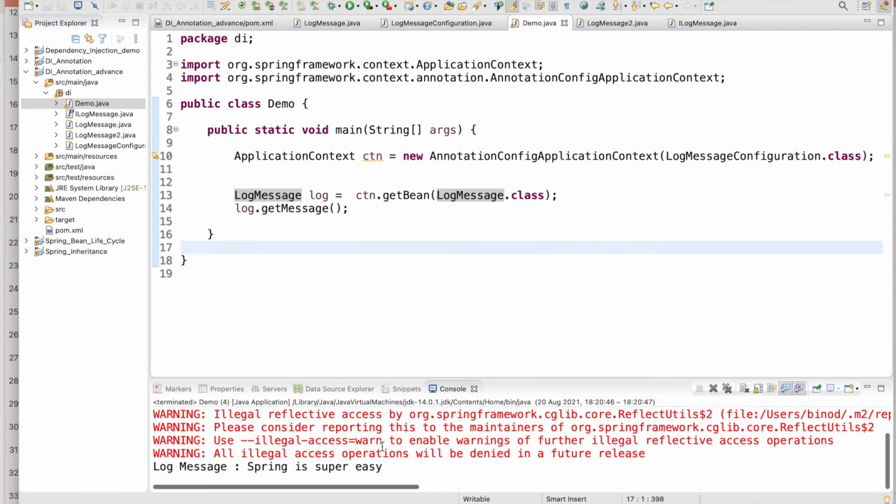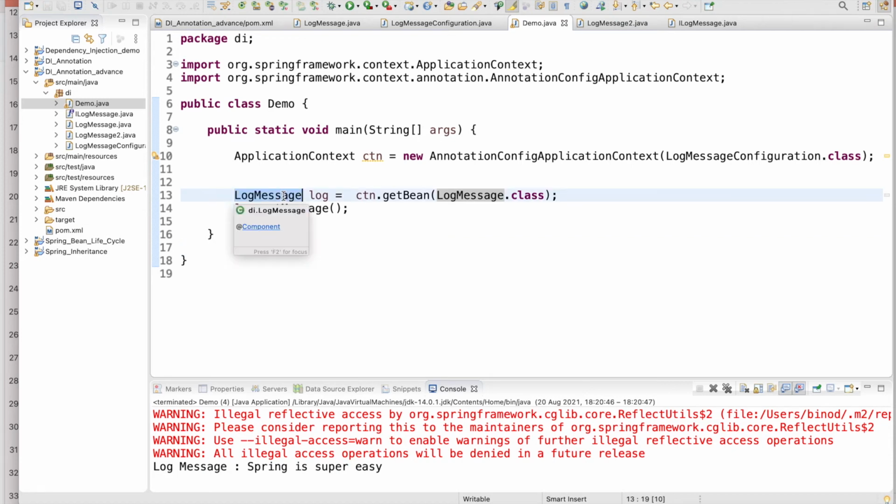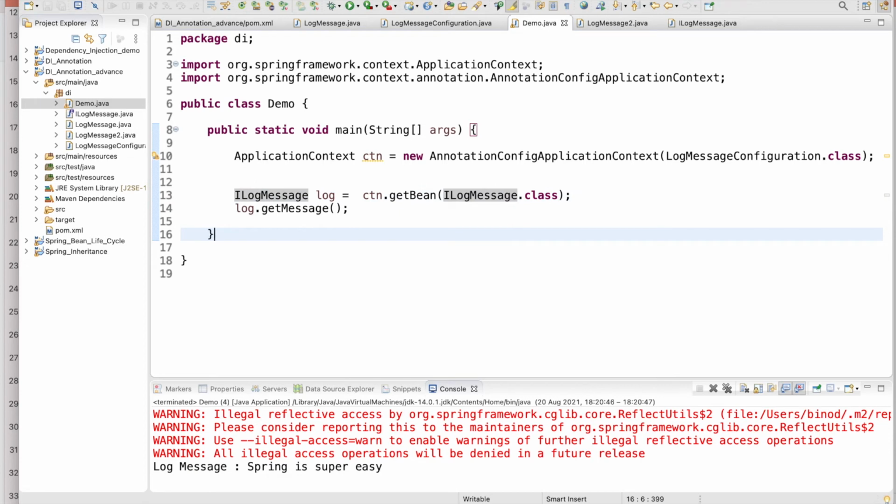This log message is coming right from the first class. Now instead of the class name I will give the interface name here. So this is my interface. It was working through the name, but now ILogMessage has two classes. One is the log message.java, one is the log message 2.